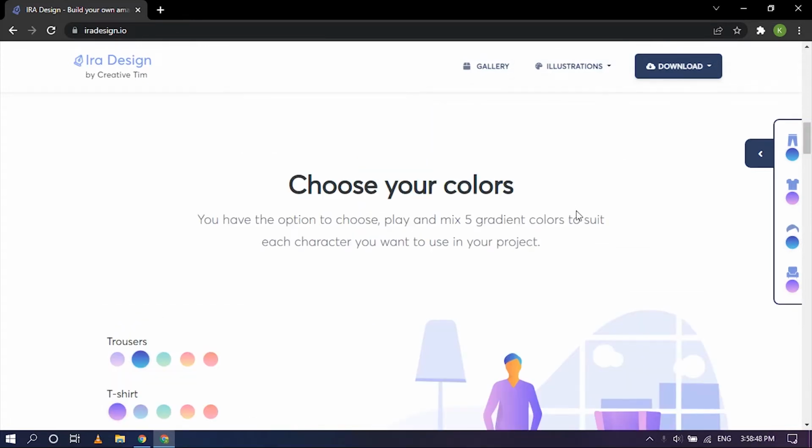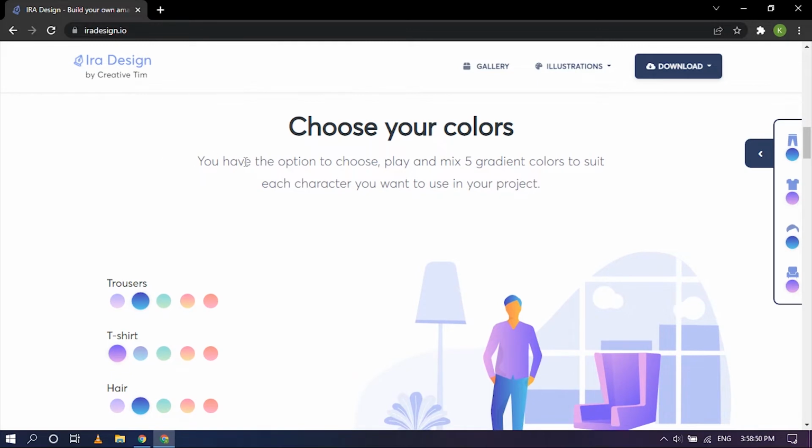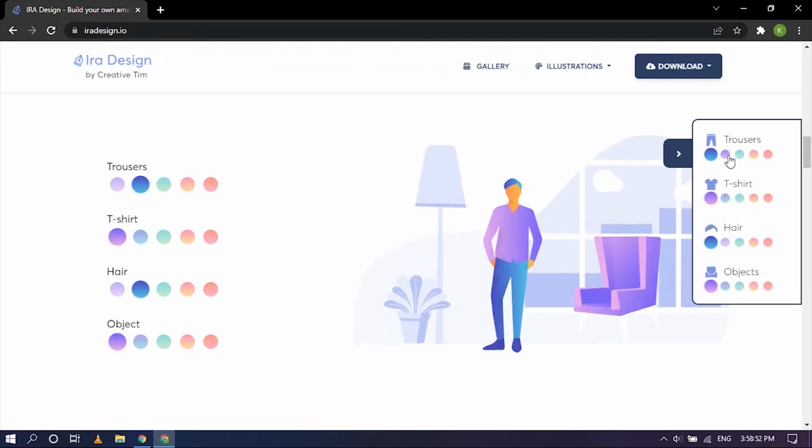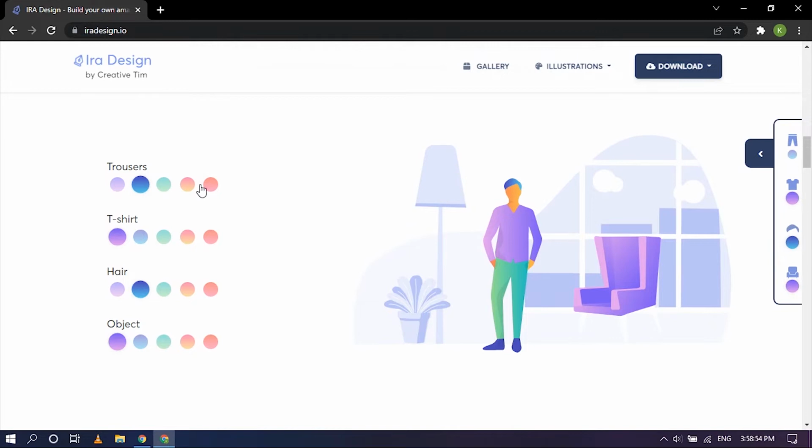So as you can see, this is the home page and they ask you to choose colors, and you can choose colors from here, from the side panel, or even from here. So now it's really simple with all of these really nice gradient effects. So let's go ahead and